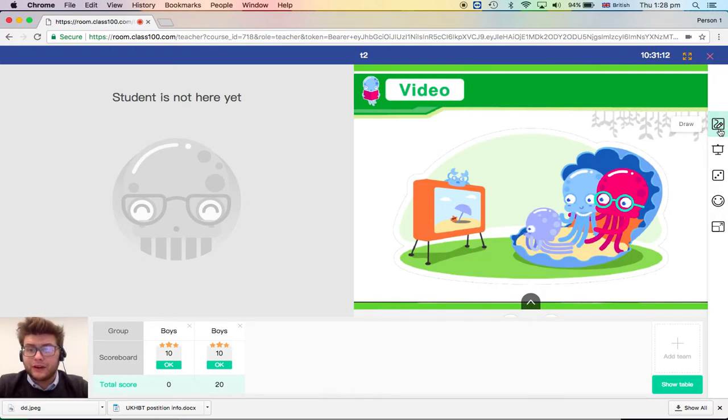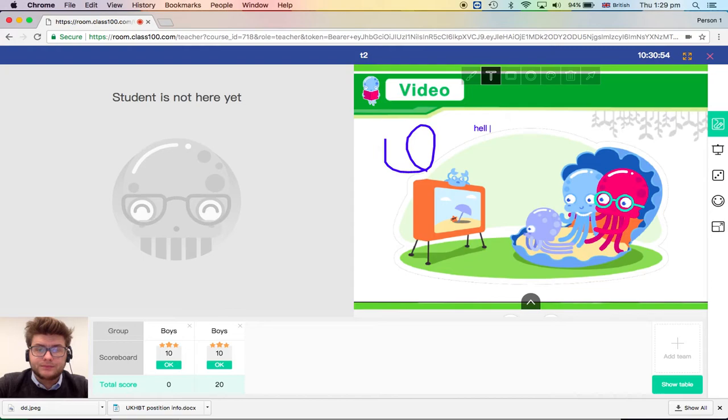Let's talk about the functions. If you want to use some functions, you simply click Draw. Now you will see a toolbar. The students cannot see this toolbar. There are many things that you can do. You can draw. You can type. You can make a square. And you can make a